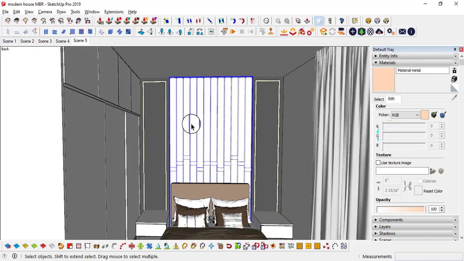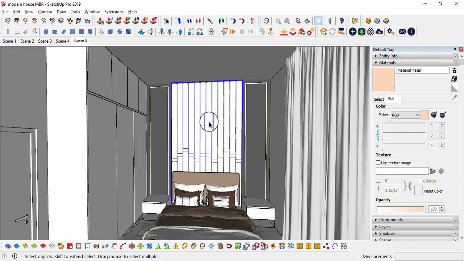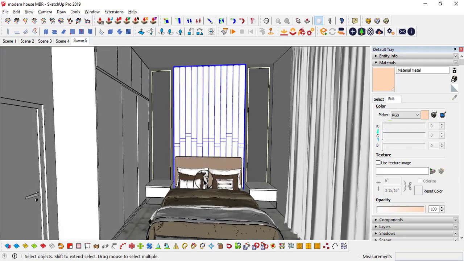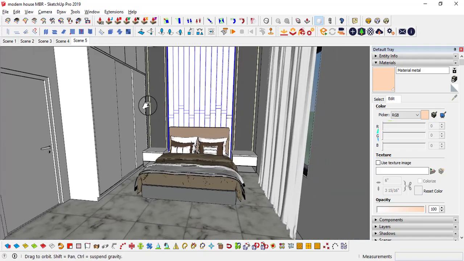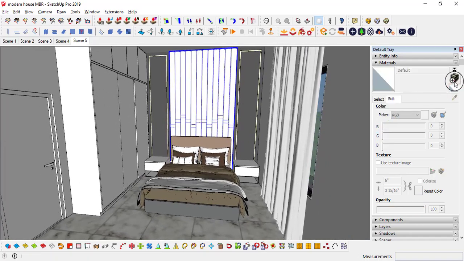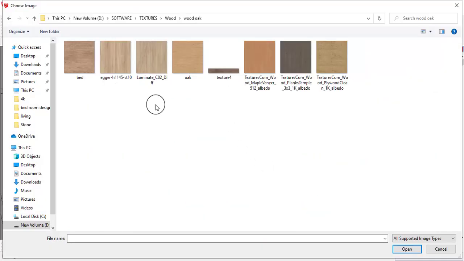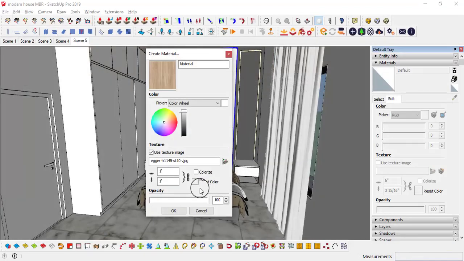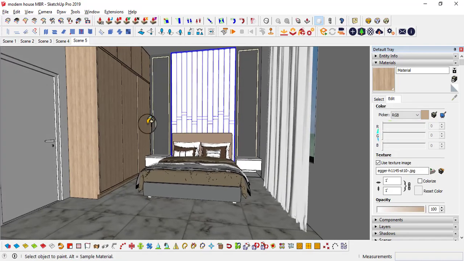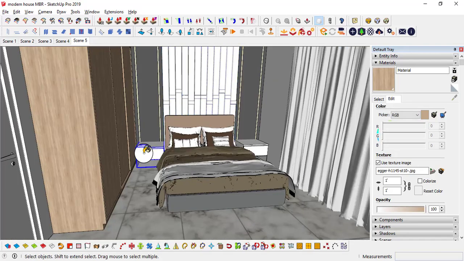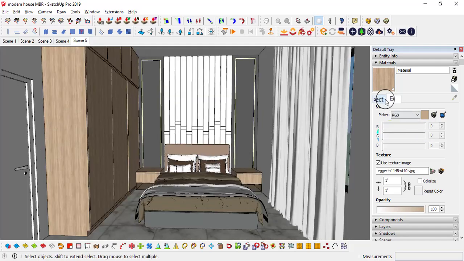The tufted, this for the cushion material, I am going to make either from this or from the wardrobe. So first of all we need to get it from the wardrobe, so I will create a wood material. I am using an oak wood type of material, and I will select this one. All these materials I will assign in the description, and I will give you the model also. Select, I will apply on top and on this as well. I will increase the scale to 6 feet.